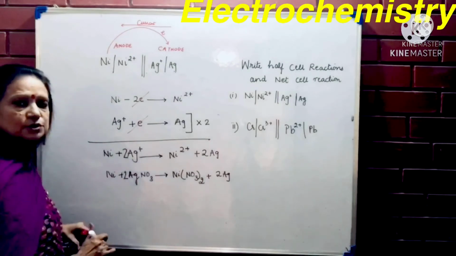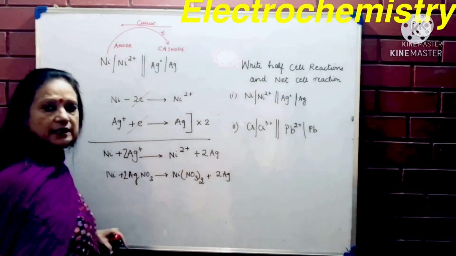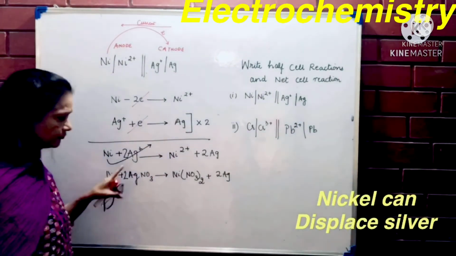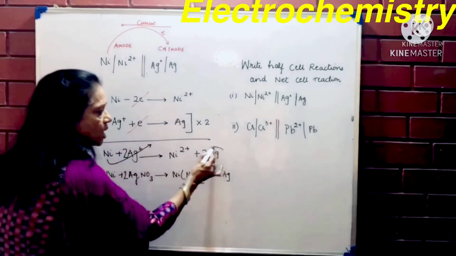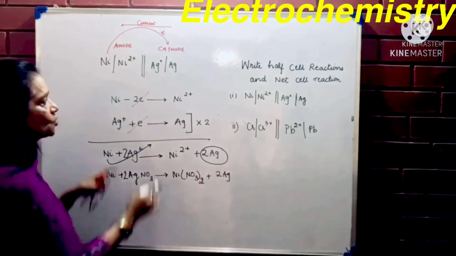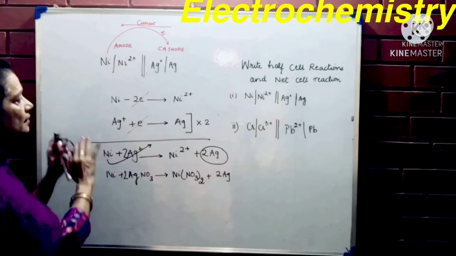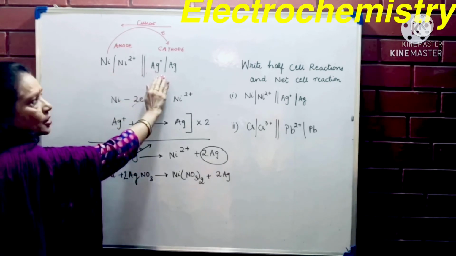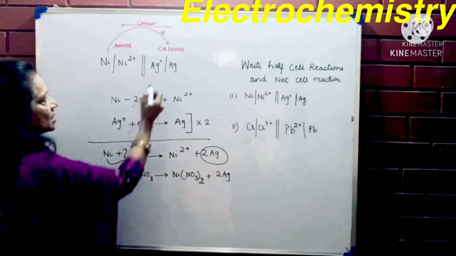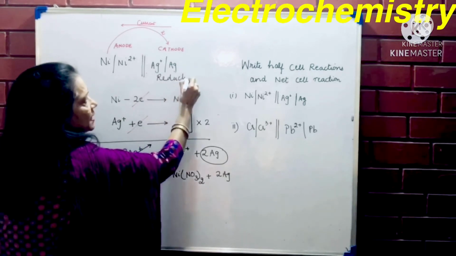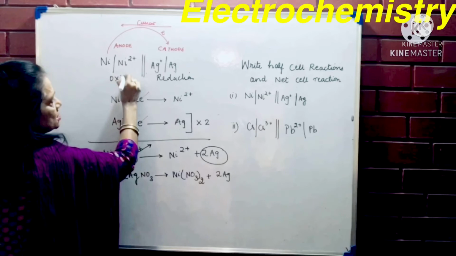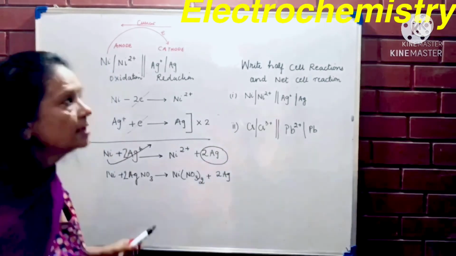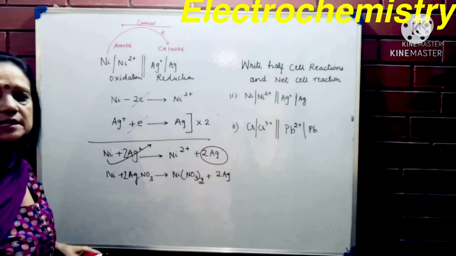This whole thing is also telling you that nickel is above silver in the activity series, so it is able to displace a silver from its salt. So that is why you are getting silver here, right? So all this is also proving that which one is higher in the activity series. On this side is always higher and this is the lower one, because this undergoes reduction. On this side reduction is taking place and on this side oxidation is taking place. So oxidation reduction, that is a redox reaction, takes place when any of the galvanic cell is working.